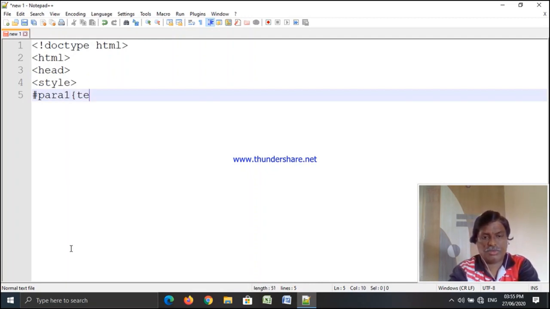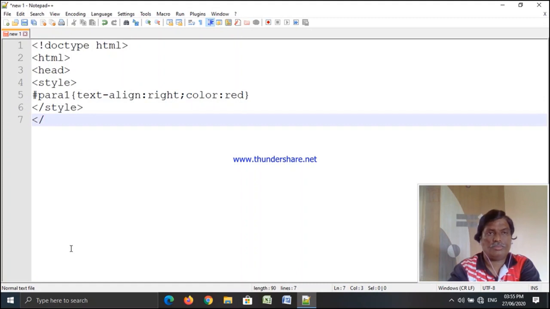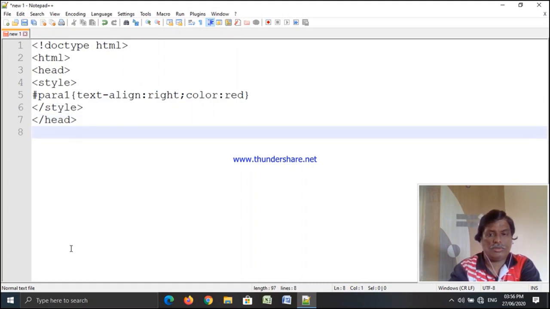Cascading style sheet properties applied to the ID selector: text-align right, color red, closing of ID selector, then end of style, end of head, then body tag.